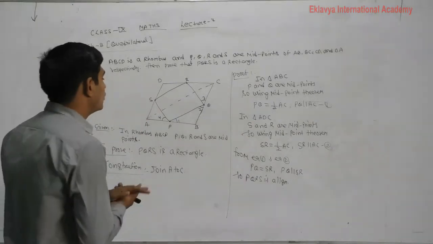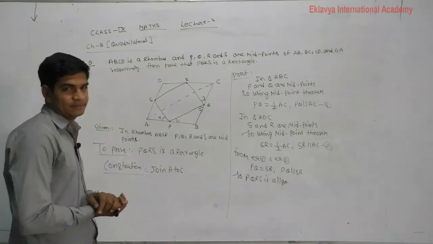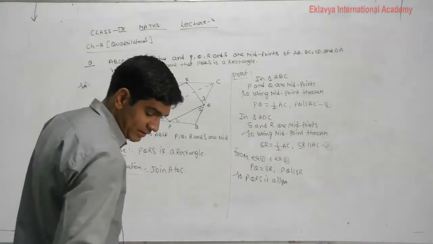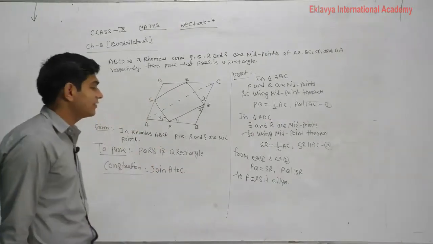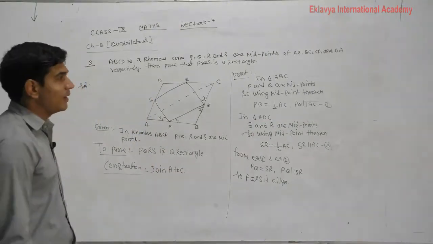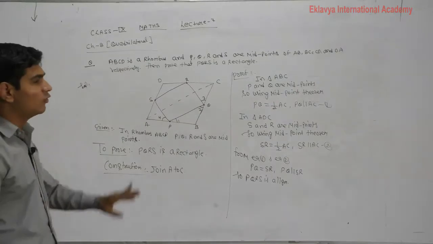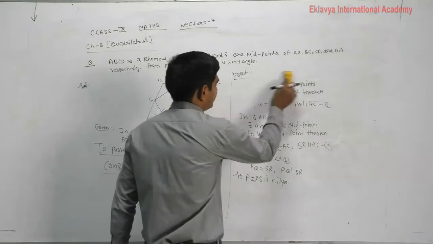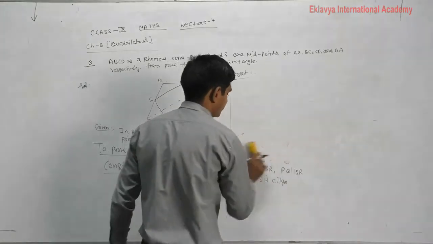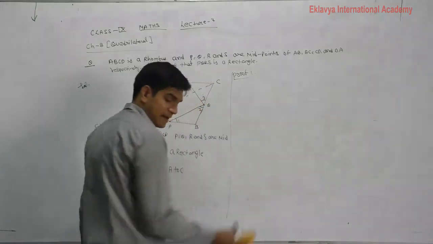Now, we want to prove that PQRS is a rectangle. So students, how will we prove the rectangle? In the first step we proved that PQRS is a parallelogram. Now what do you have to prove, students? How will we prove that it is a rectangle? So for that, after proving the parallelogram,